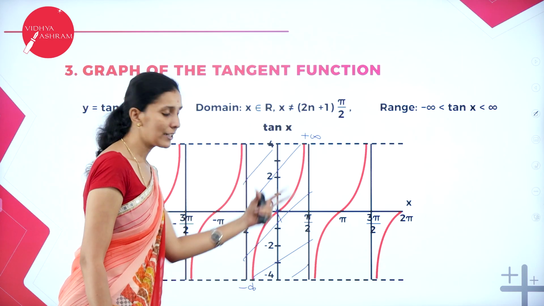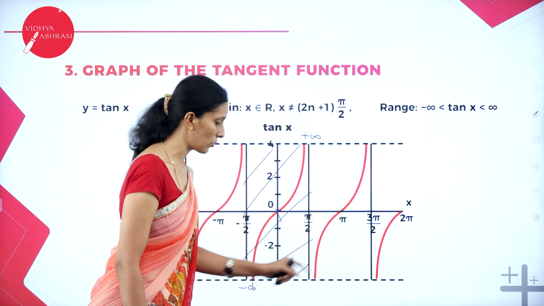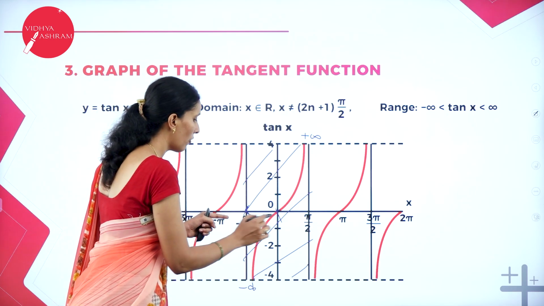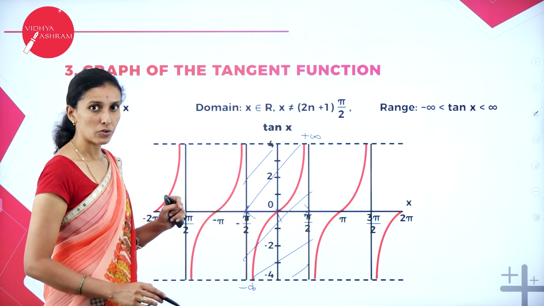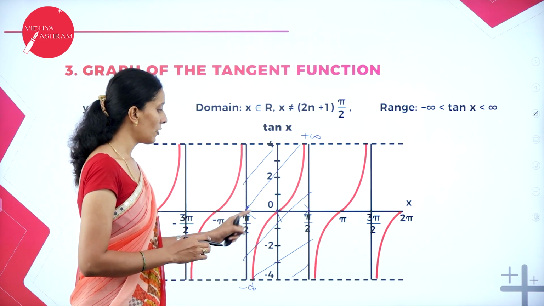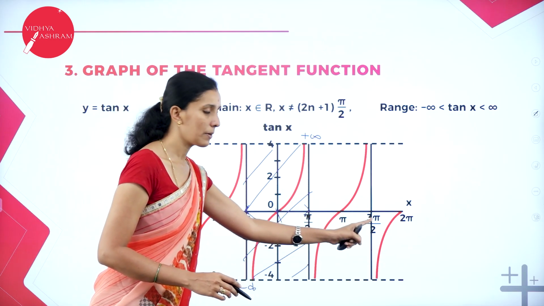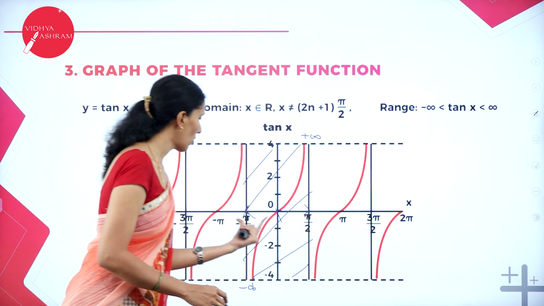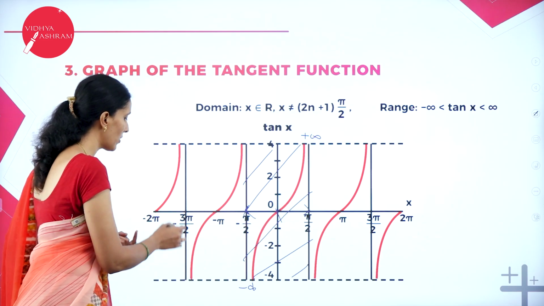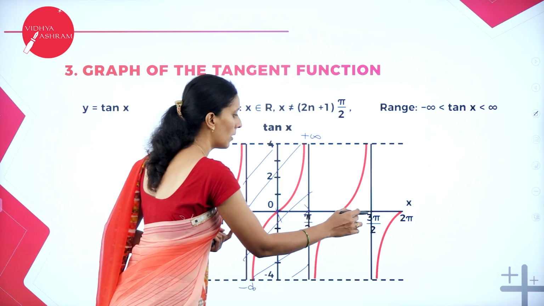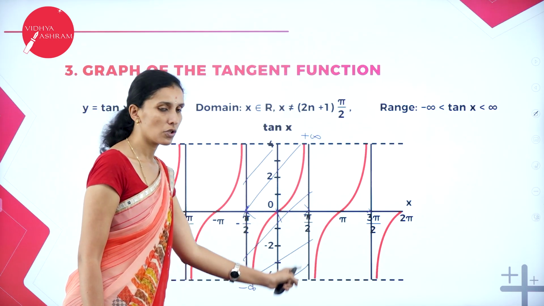So I have divided the intervals from minus pi by 2 to plus pi by 2, and pi by 2 to 3 pi by 2. Here what you can see is that the values of tan will repeat from minus pi by 2 to plus pi by 2. So it is periodic over minus pi by 2 to plus pi by 2. Here also, from pi by 2 to 3 pi by 2, it repeats. Here also it repeats. So for these pi by 2 values, minus pi by 2, 3 pi by 2, plus 3 pi by 2, on the positive side also, on the negative side also, it goes on increasing.